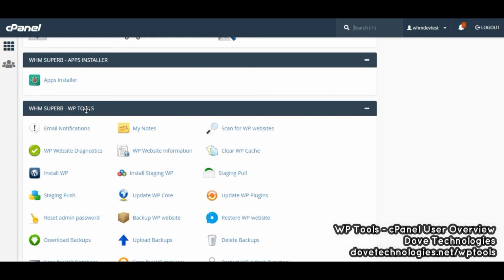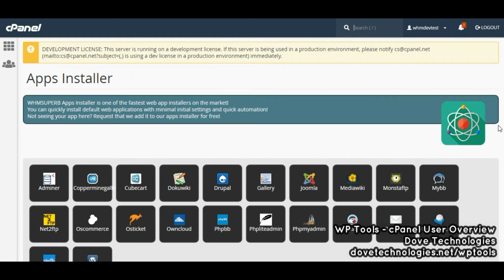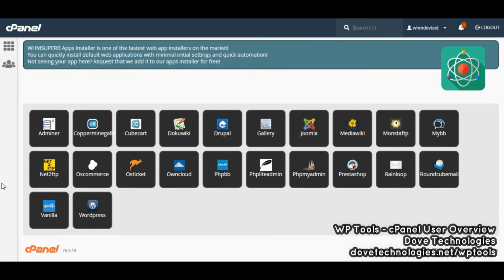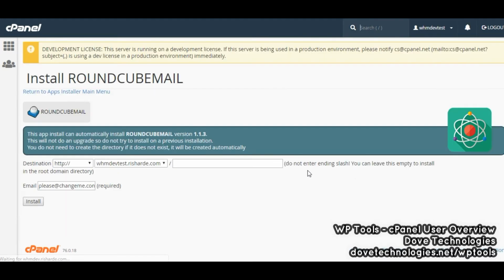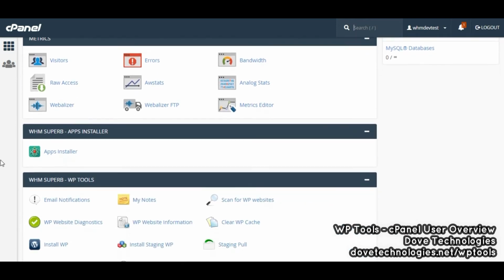WP Tools. Of course, WP is short for WordPress, and so I'll just be showing you very quickly first the app installer. The app installer comes with approximately a little bit more than 10 apps at the moment, and basically it's nearly one click in the sense that you can click on any one of these PHP applications and install it quite easily, just selecting which destination you'd like to install it and simply install. But I want to head over back to the WP Tools section to explain some of the new developments.